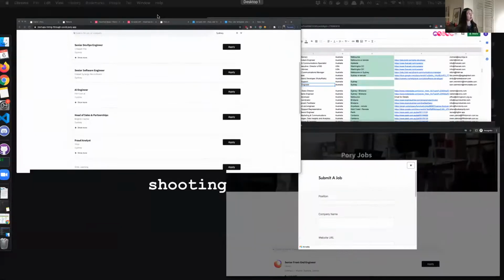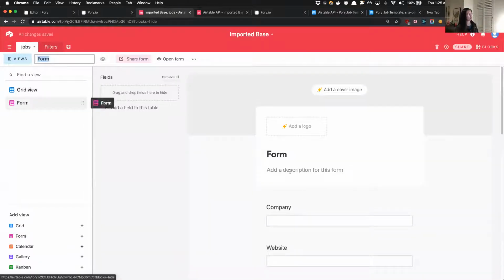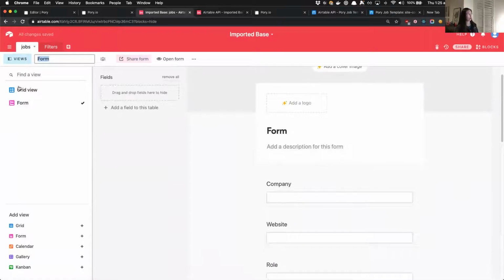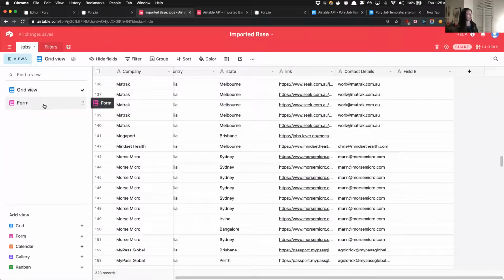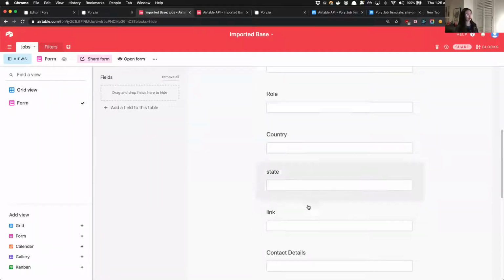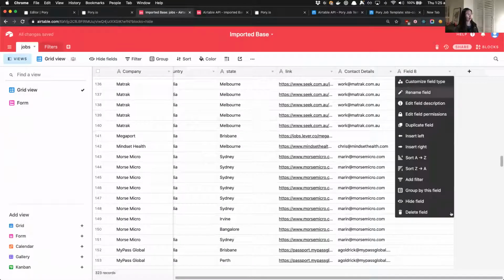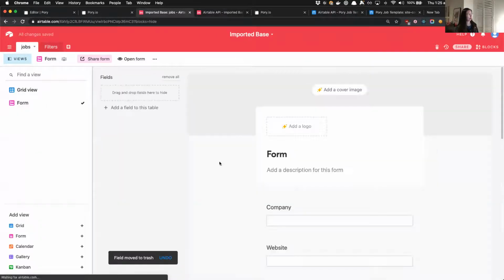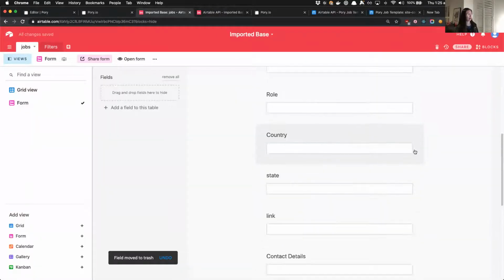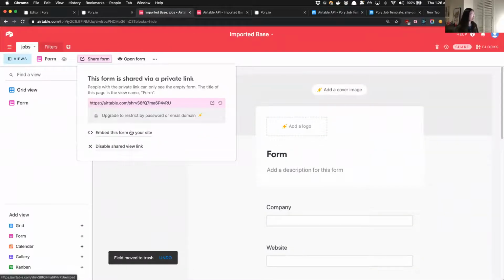So to create our own in the base that we've imported over here, we can create a form, and that literally just creates a form using all the fields in this table view. You literally have a form just like that, and you can change the labels if you don't like what's been generated. For example, what's field A? I think it's a bad import, let's delete that. Everything is literally in sync. And now if you go and share this form and get an embeddable code,